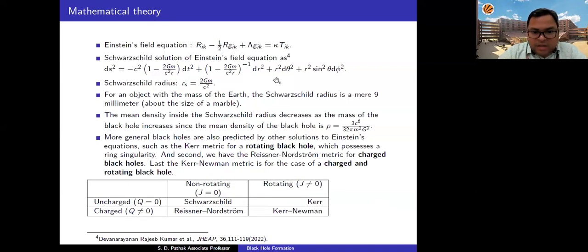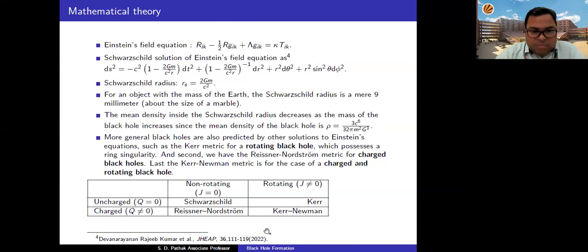And the mathematical theory will be a little bit difficult for you. The first equation is called the Einstein field equation with the cosmological constant. On the left-hand side is the cosmological constant, and T is the energy-momentum tensor. We solve this field equation. And this line element is called the Schwarzschild line element. My student, Devnarayan Bajikuma, who is right now at Heidelberg University,